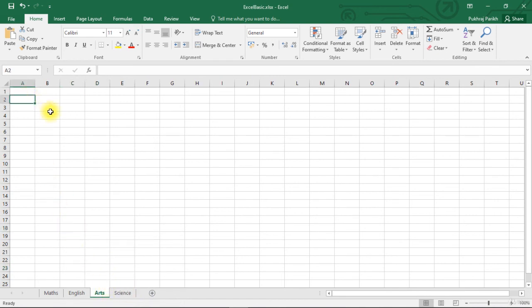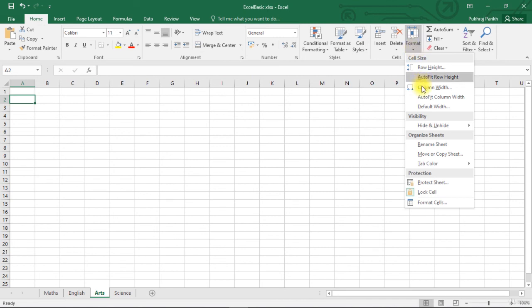There is another way we can hide, unhide rows, columns and sheets. This is by going in the Home tab, which is usually the selected tab by default, and clicking on this Format button. Here under the Hide, Unhide option, you will see rows, columns and sheet options.